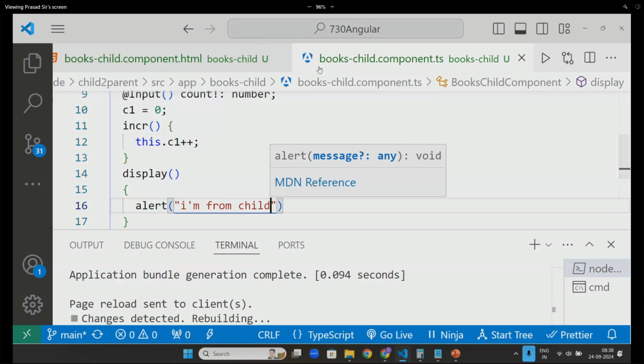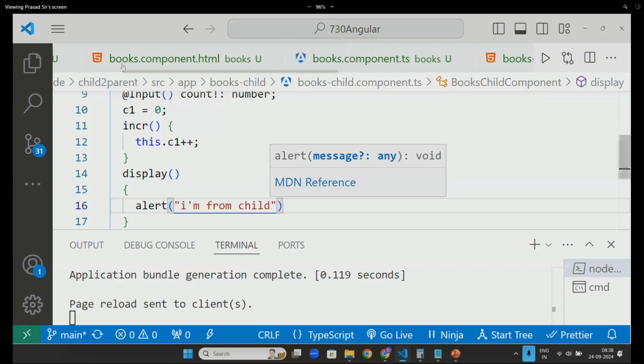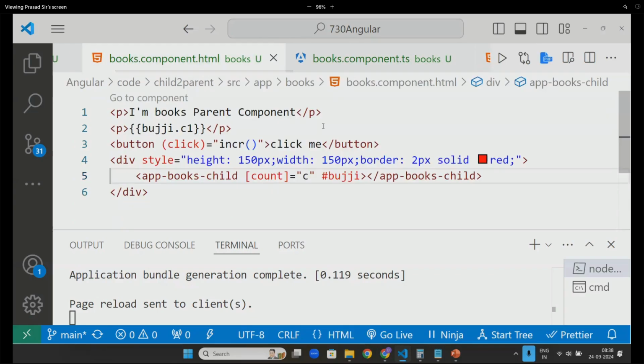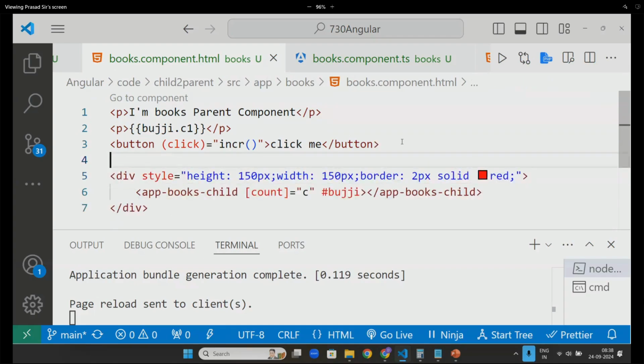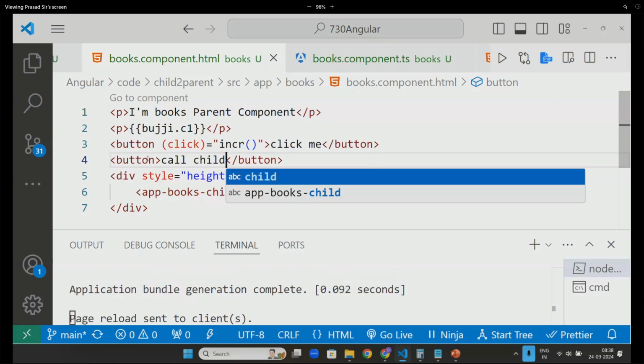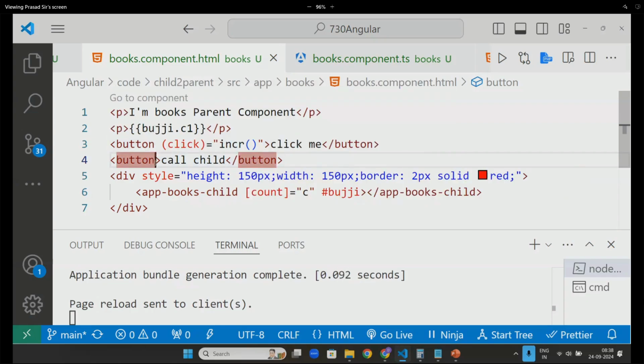In the parent, I will put one button, Call child. Now if I click on this button, I want that display in the child to be called. I will say click fun,